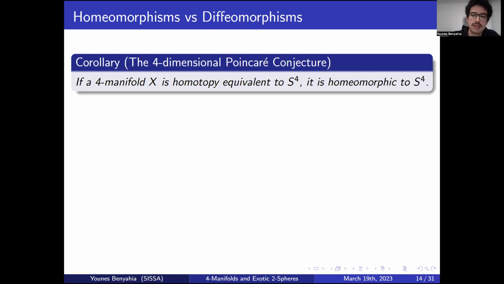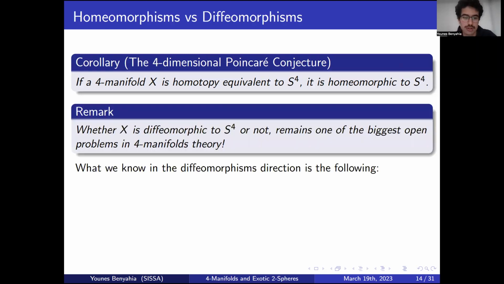Notice that here it is a homeomorphism. X is going to be homeomorphic to S4. It doesn't say whether it's going to be diffeomorphic or not. Whether it is or not is one of the biggest open problems in four manifold theory, known as the smooth